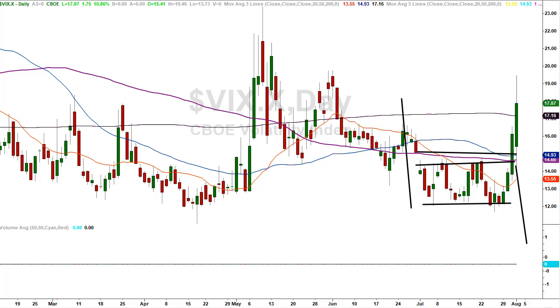We're collectors of the VIX down around 12 and below. There's a variety of types of collection businesses. Is this the end of a move or the beginning of a move? Well, it depends on what your time frame is. It depends on what your time horizon is. When we're looking at a daily chart, we can see that,